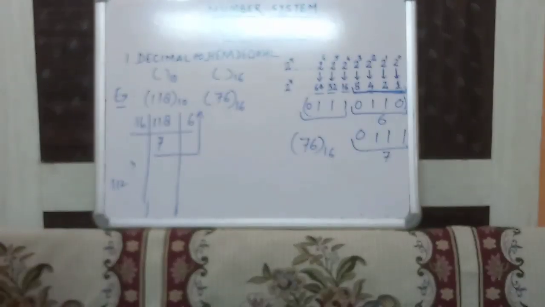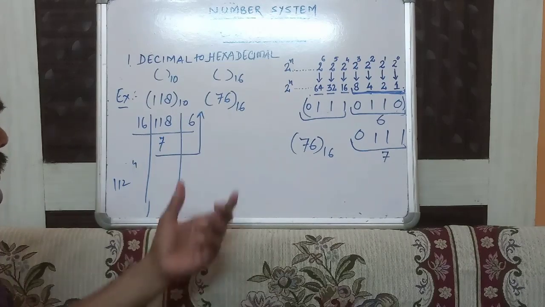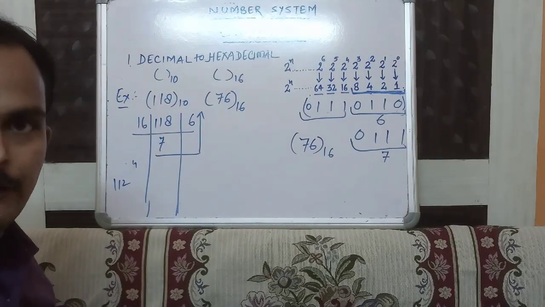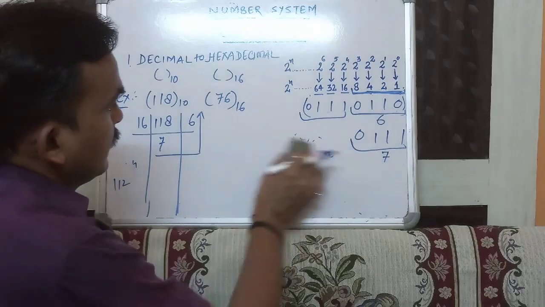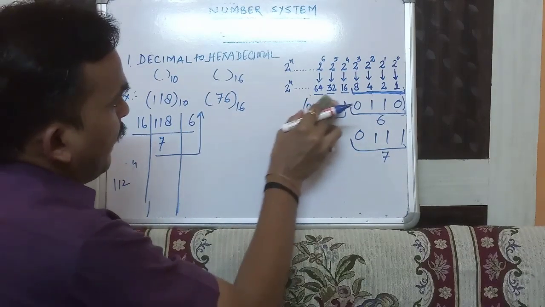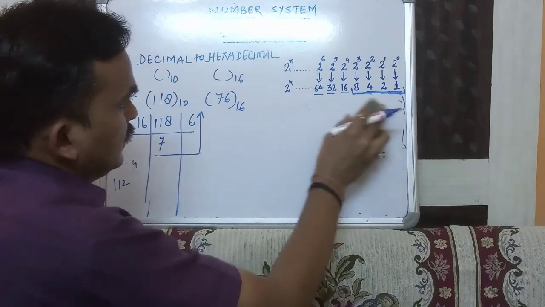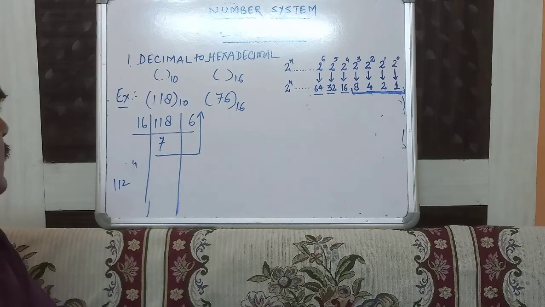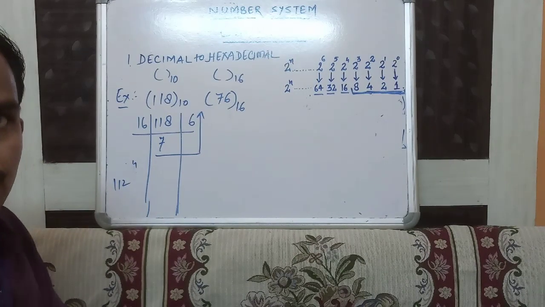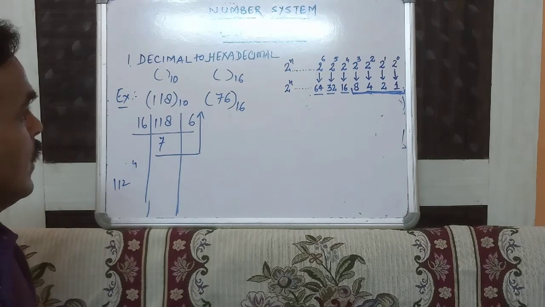It means both the patterns give us the same value. That means our calculation is accurate and we found the correct value in both cases. First is decimal to octal and second is decimal to hexadecimal. So this is the very simple conversion of decimal. So that's all about the basic conversions of decimal to binary, decimal to octal and decimal to hexadecimal.